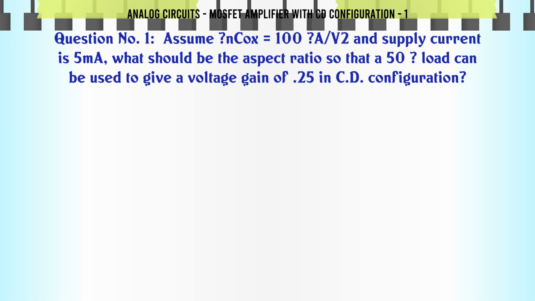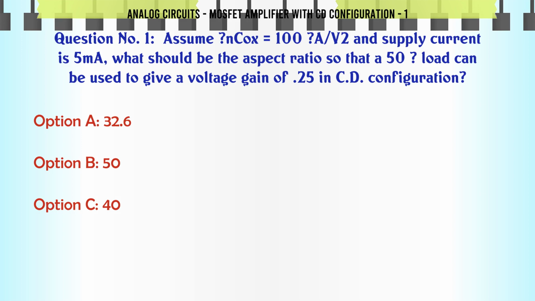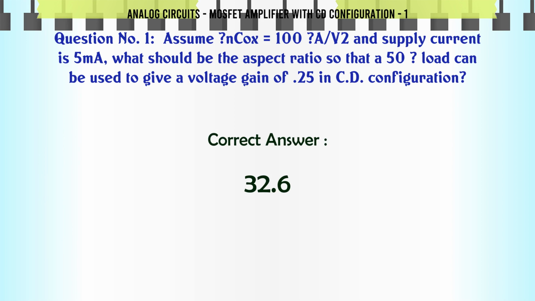Assume in the common-drain (CD) stage, the supply current is 5 mA. What should be the aspect ratio so that a 50 Ω load can be used to give a voltage gain of 0.25 in CD configuration? A 32.6, B 50, C 40, D 41. The correct answer is